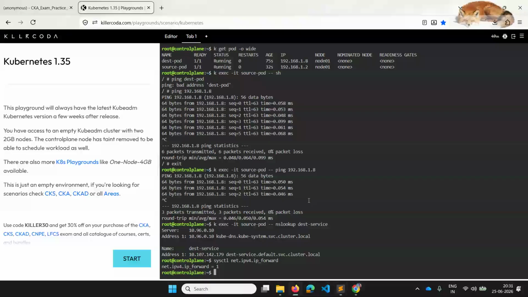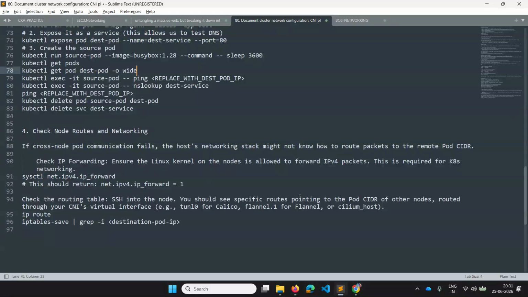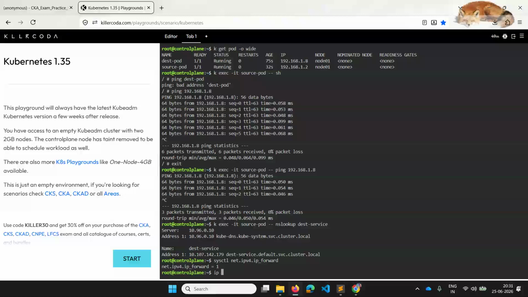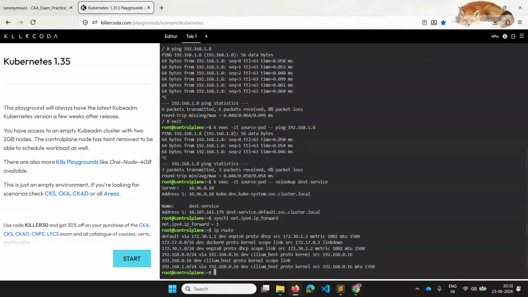And this is 1. If it is not 1, you should be able to configure it to make it 1. I showed you that command also in the white paper, you can refer back to that. And that's pretty much about it. If you're seeing some issues with routing, you can also verify using ip route. We don't see such issues, right? We are able to ping from one pod to another pod because routing tables are there. So there is no issue with the routing.